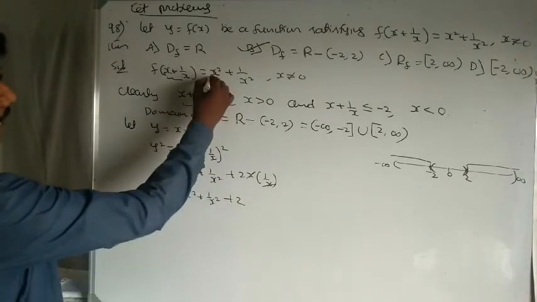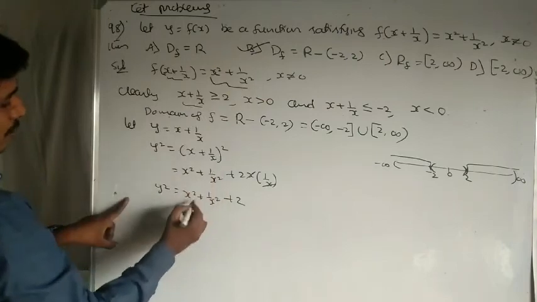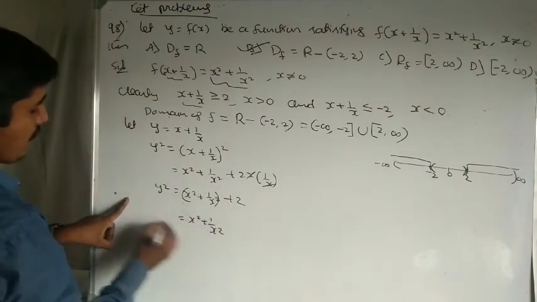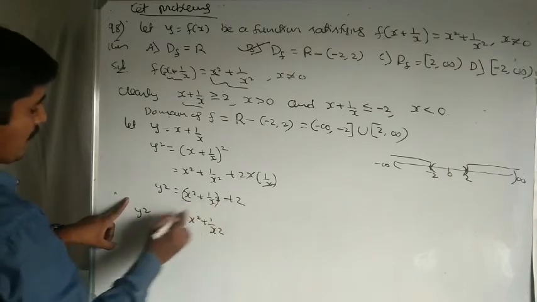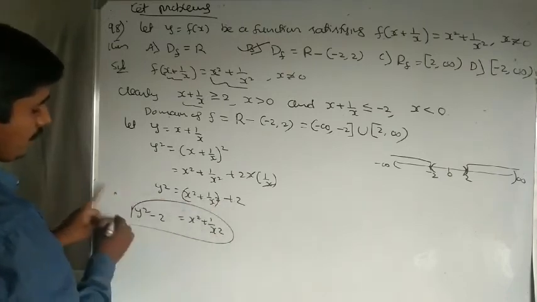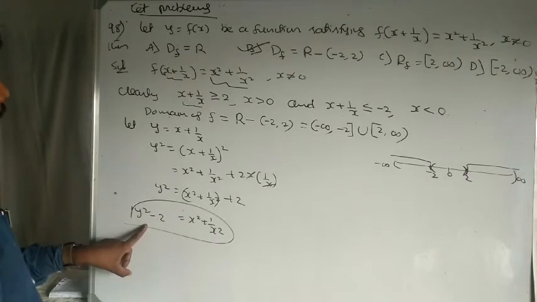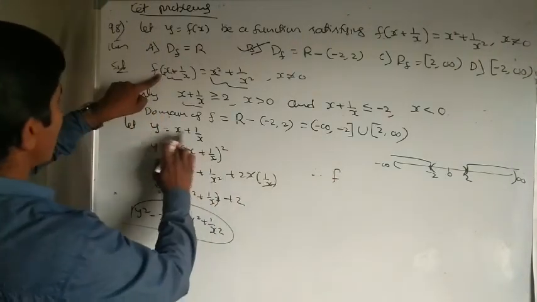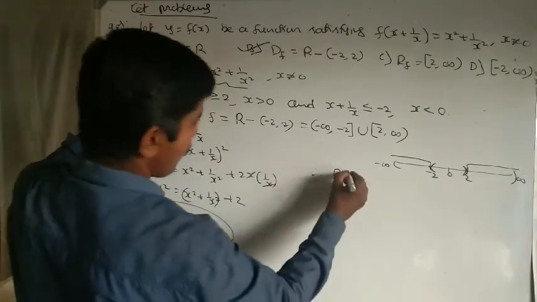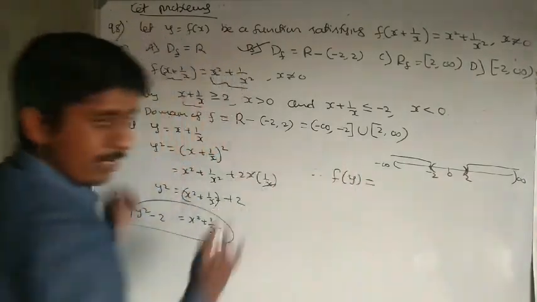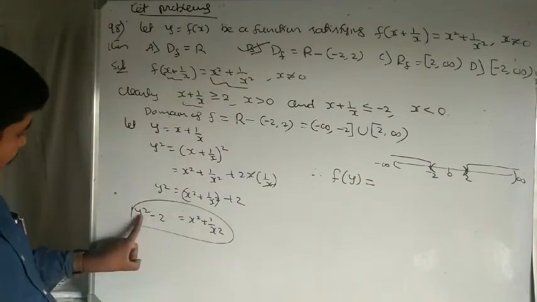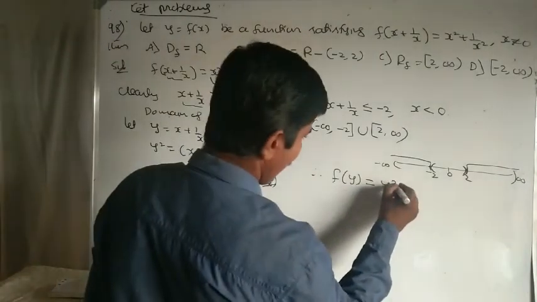Correct. You have to find the RHS value. I am going to find x square plus 1 by x square. This is equal to what? x square plus 1 by x square is equal to y square, then the left side plus 2 becomes minus 2. I am going to substitute here. Therefore, f of x plus 1 by x equal to y. Correct? This x square plus 1 by x square in terms of y is y square minus 2.